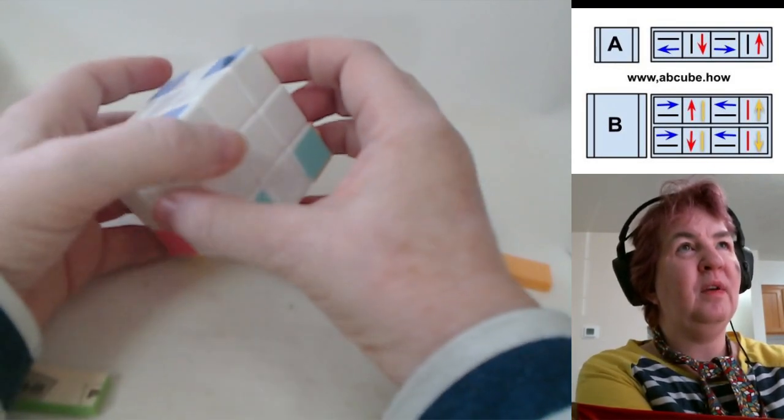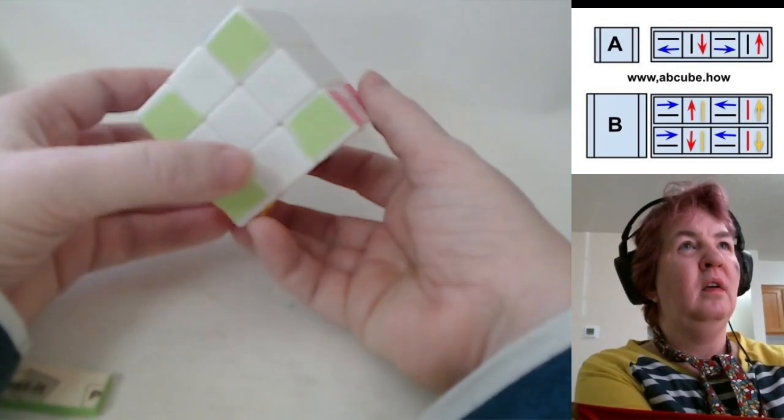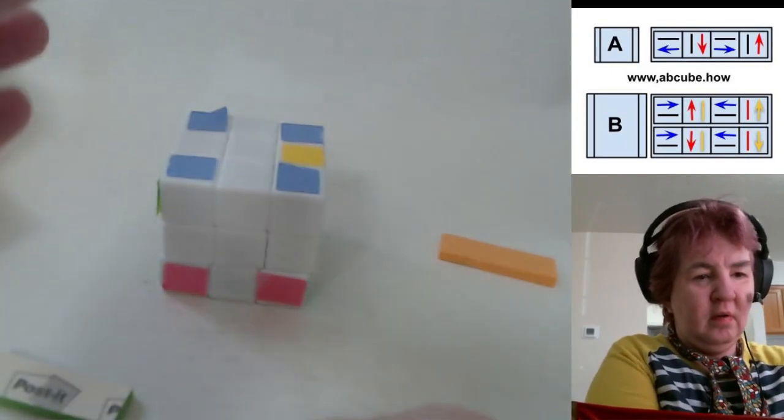And we still have one side that matches, but now we have all sides that match. So